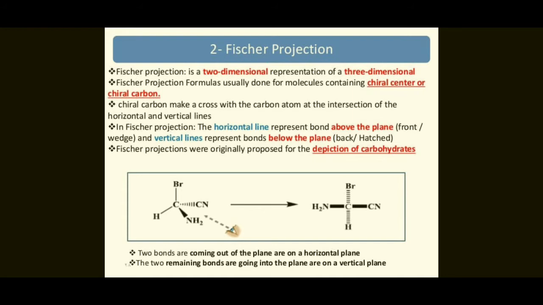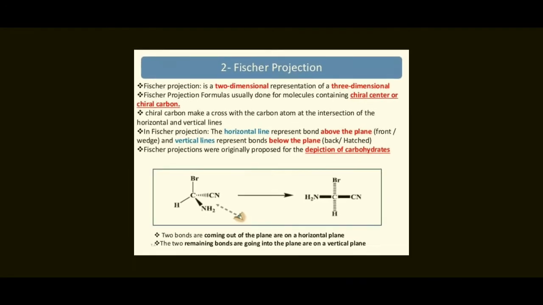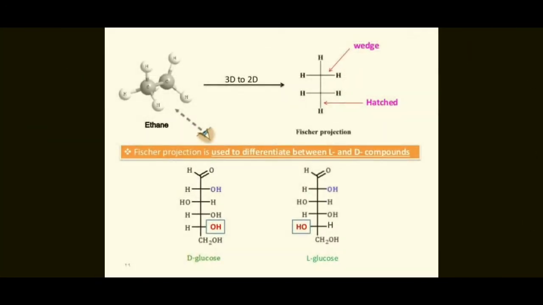Two bonds coming out of the plane are the horizontal lines, and the two remaining bonds going into the plane are the vertical lines. Students, in this example two lines are present. One pair is above the plane, toward the front, and is horizontal, and the vertical lines are below the plane, the dashed lines, in the Fischer projection formula. So students,